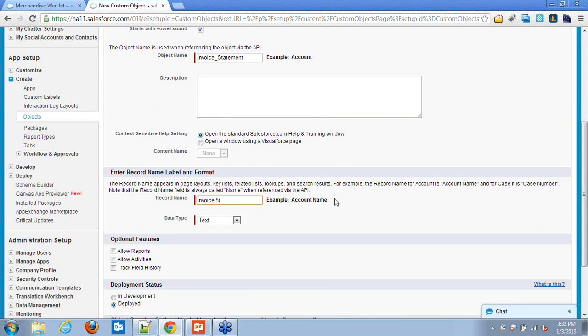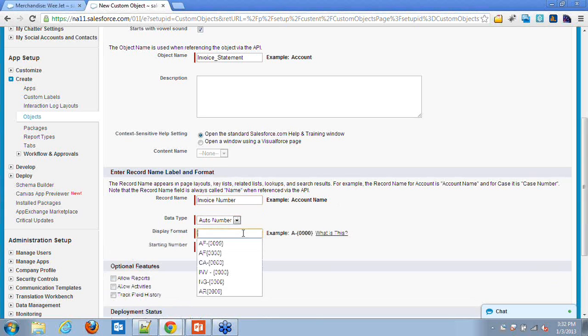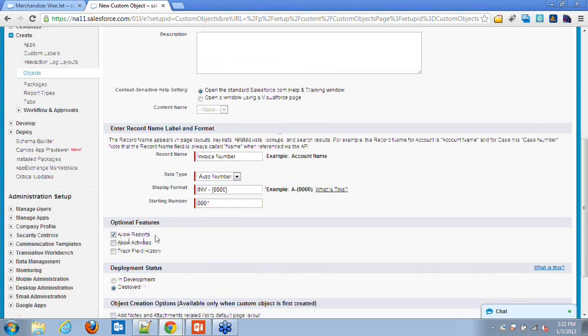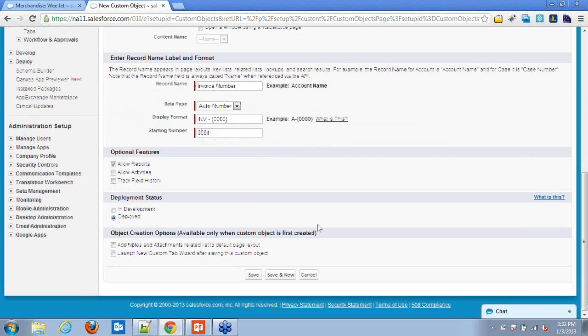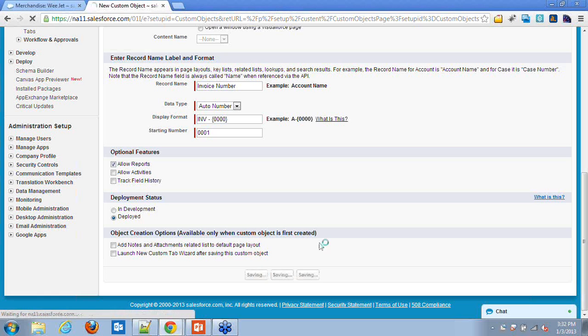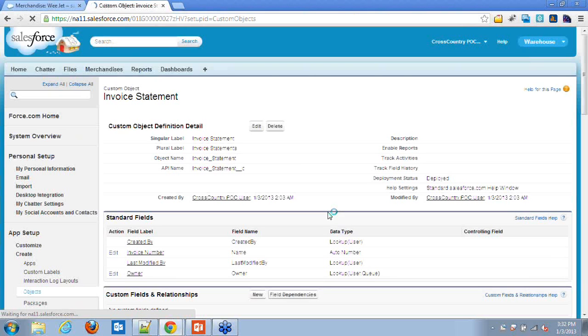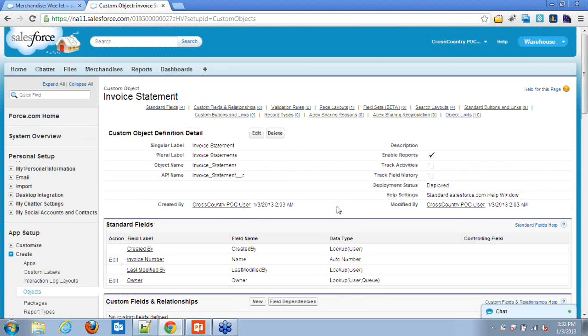Here is the record number, or the primary key, you can think about it. It can be auto number. You can decide the display format of that auto number and from which number it starts. There are analytics available at dashboards and reports. So if you want to create reports based on this object, you have to just check that this object will be available for reporting. And just save, so you have created the invoice object.